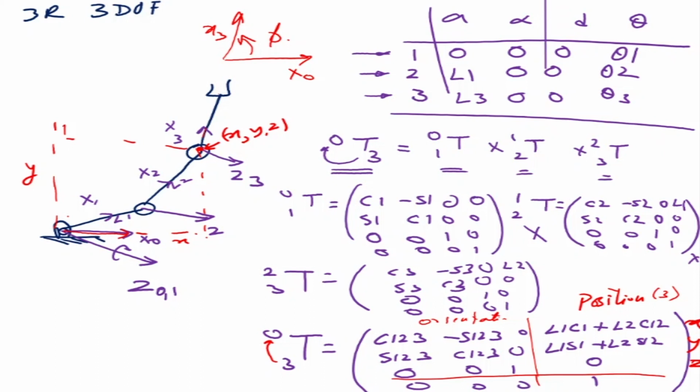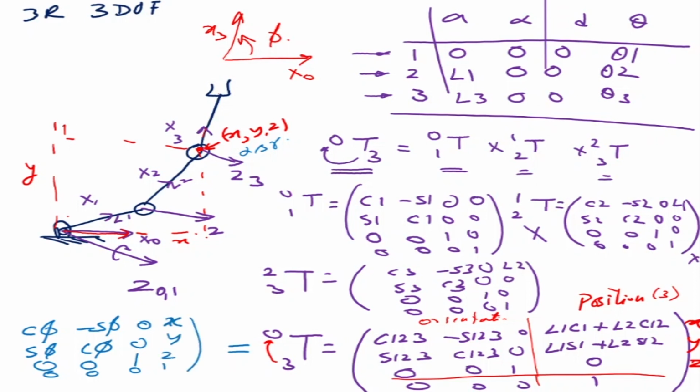So it basically means, in this figure, suppose I give you this x, y, z, and alpha, beta, gamma. Okay, now given means what? If I write the given, it will become the matrix cos phi, minus sin phi, cos phi, 0, 0, 1, 0, 0, 0, 0, 0, 0, and this is my x, y, and z, 1. Okay, and what are the values of x, y, and z? We have seen that the values of x, y, and z are numerical values, right? So these values are going to be the numerical values.